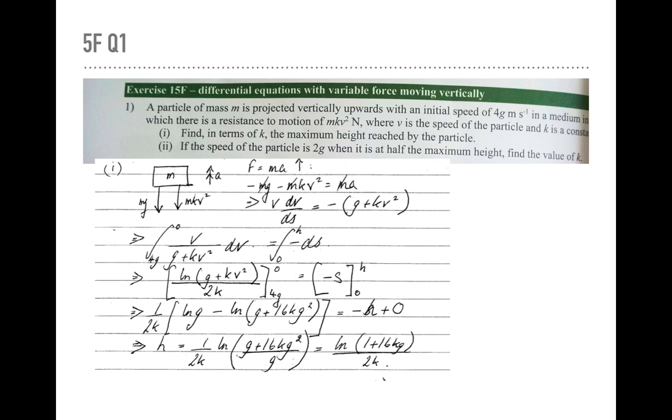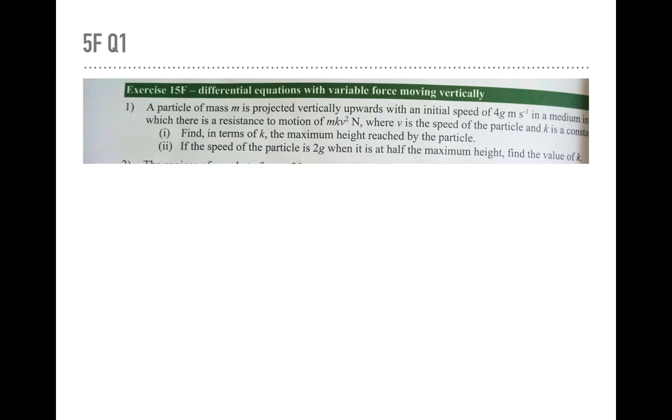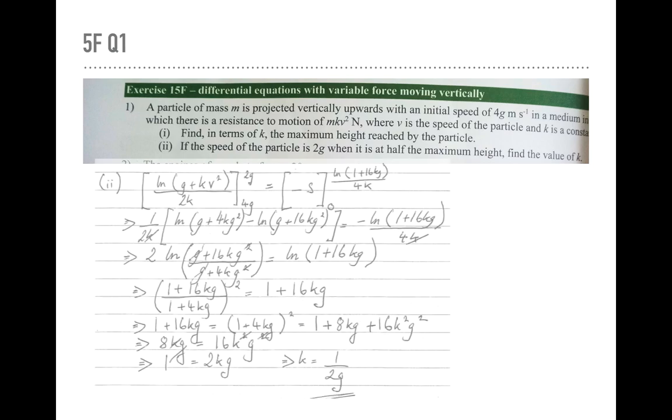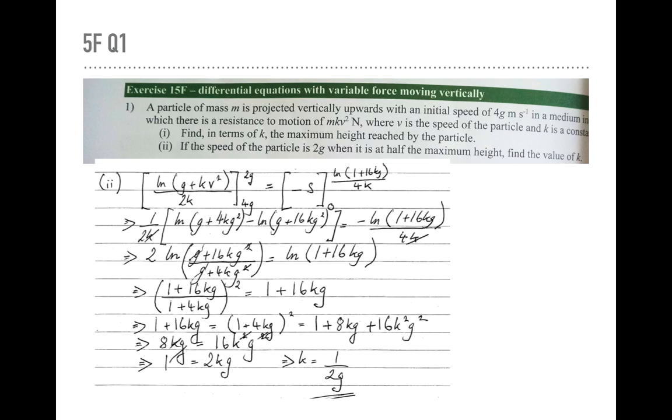Right, let's go on to part 2. So if the speed of the particle is 2g when it's at half the maximum height, find the value of k. Again, we're given a speed and a distance. Now we're looking for a k value. So it should be relatively straightforward. We take the formula we had already